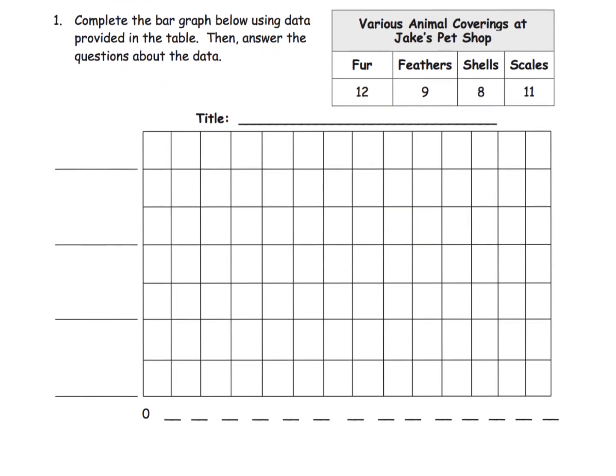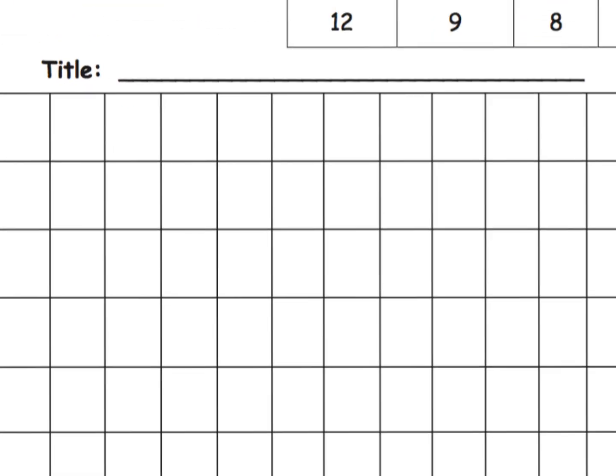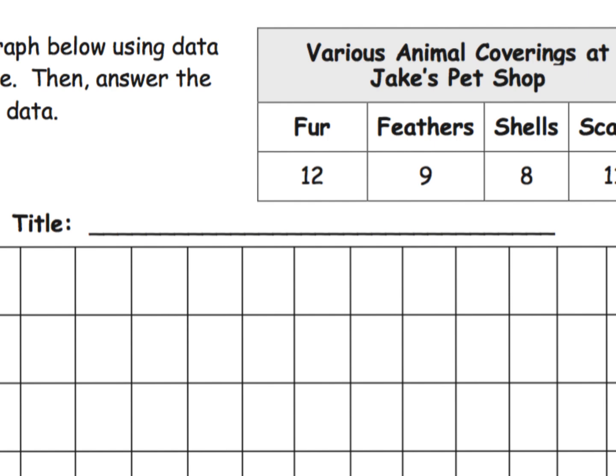It says complete the bar graph. So the first thing we're going to notice is here's our table. That's the data that we need. And we'll notice the table is called Various Animal Coverings at Jake's Pet Shops. All right. So that's going to be our title. So, oh my goodness, I have to write that title down. So various